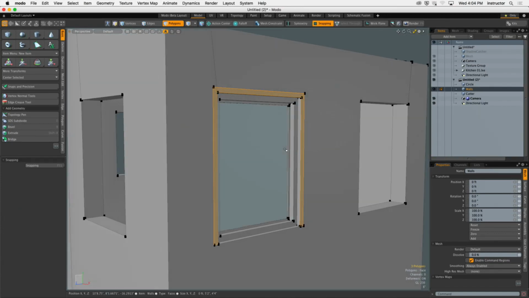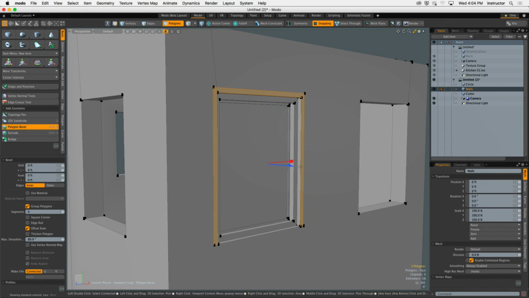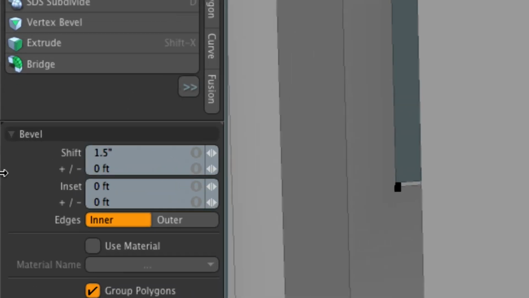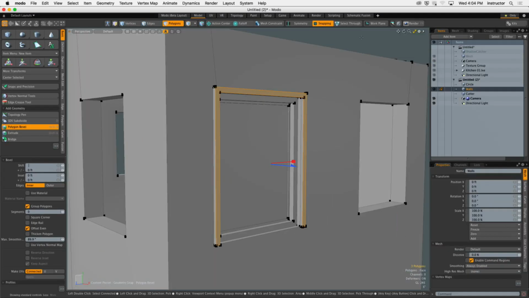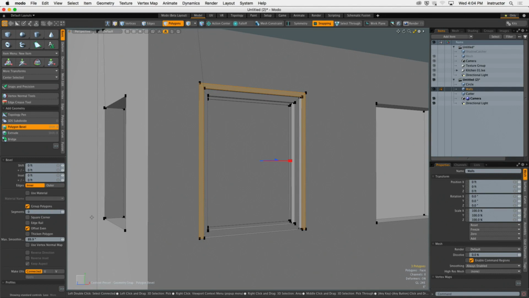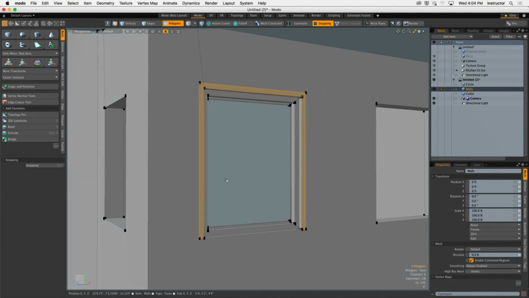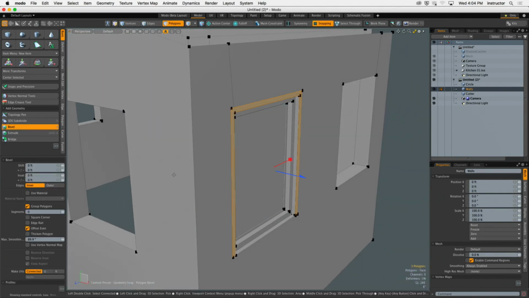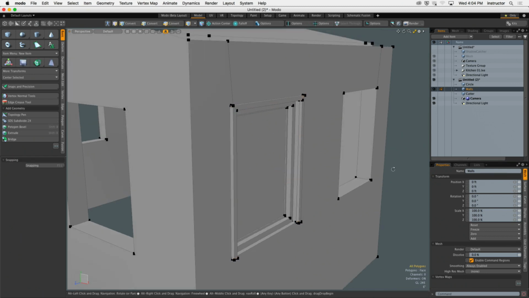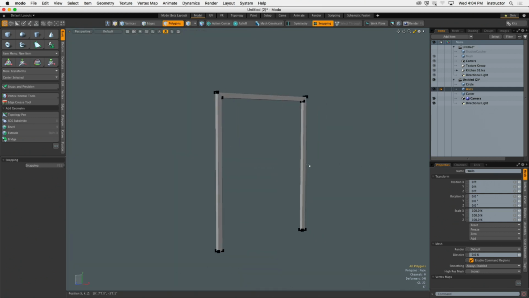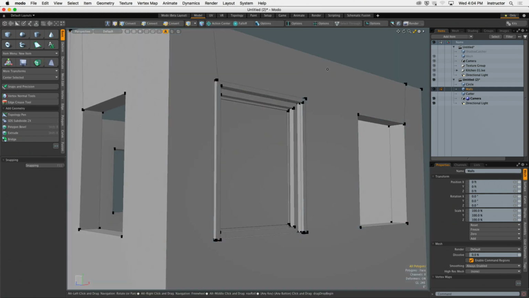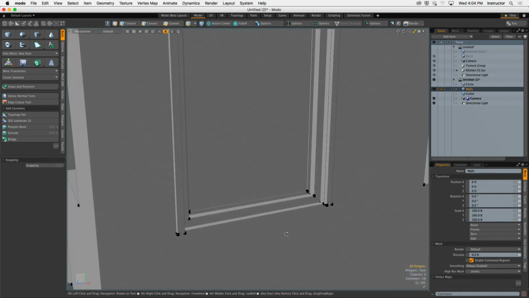Let's drop the tool, bevel it out by, let's see, probably 1.5 inches is not right, but I'll leave it at 1.5 inches just so we can see it. Oops, excuse me. I hit the wrong button. Let's try that again. There we go. That's separate from the rest of the house. Yep, looking good. Now we need to have the little rail at the bottom, which is bigger than